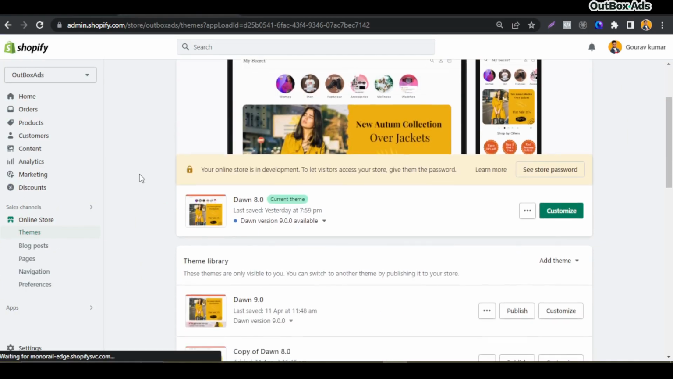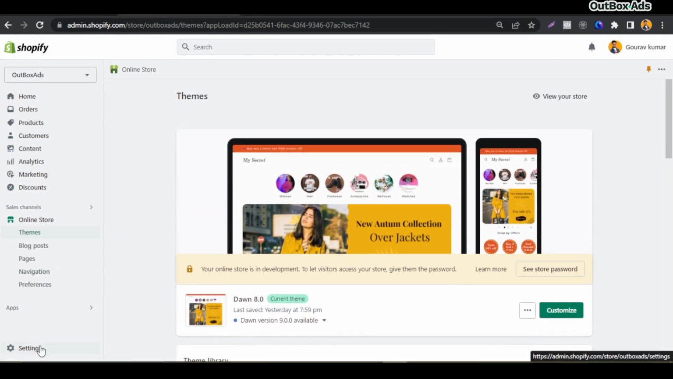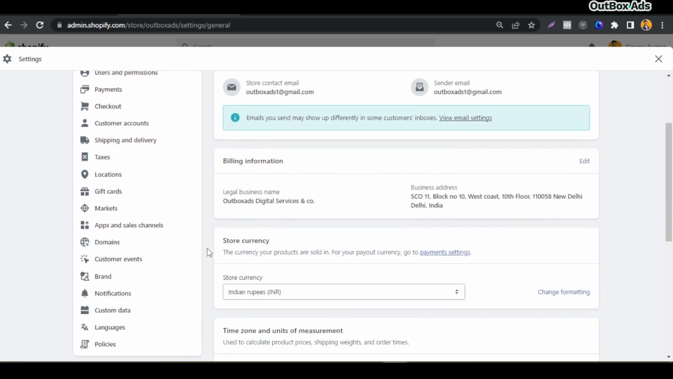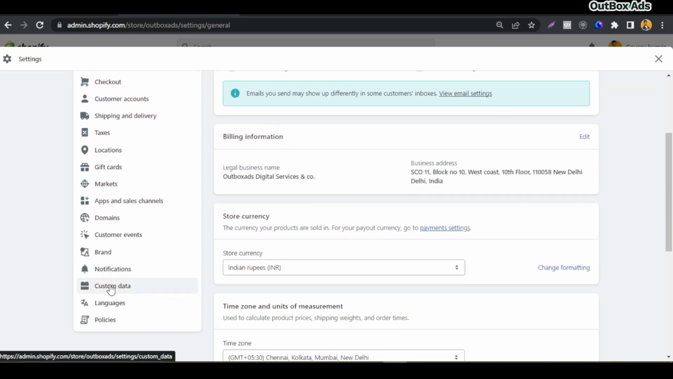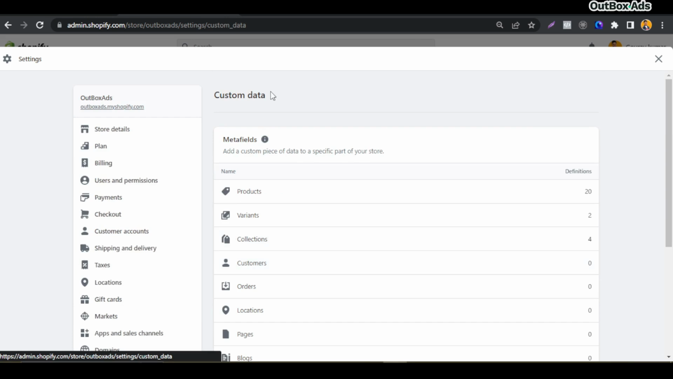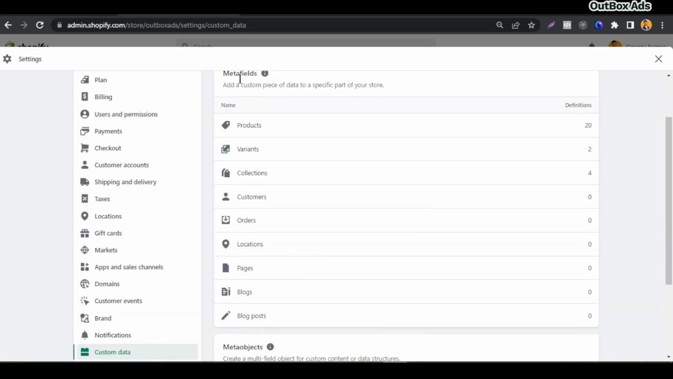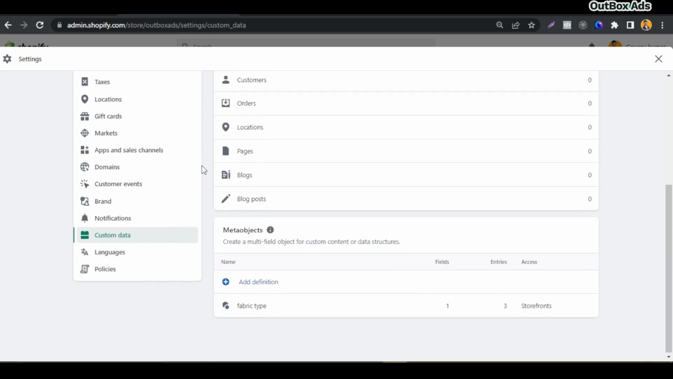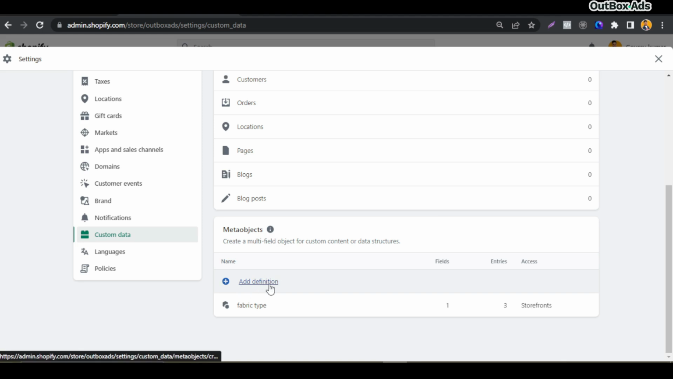First, you need to come to your dashboard, click on the Settings button, scroll down, and click on the Custom data button. Here is your custom data, previously known as metafields, but now renamed to custom data. Here are your metafields and below that you will find your metaobjects. Okay, for creating metaobjects, click on Add definition,